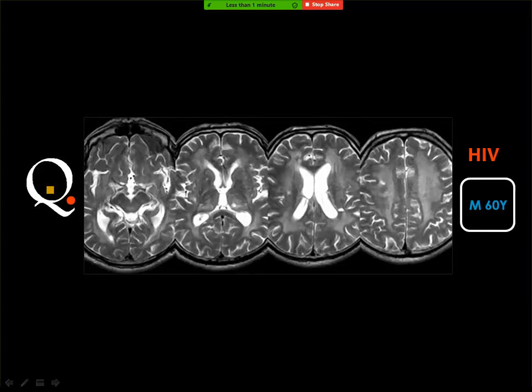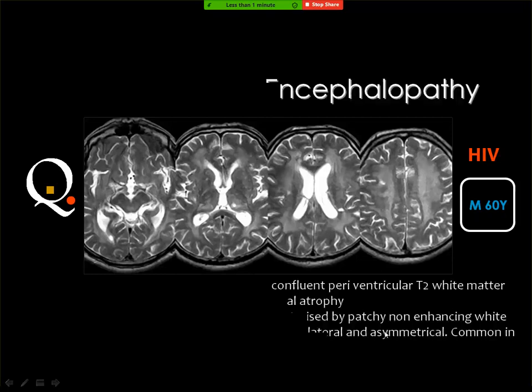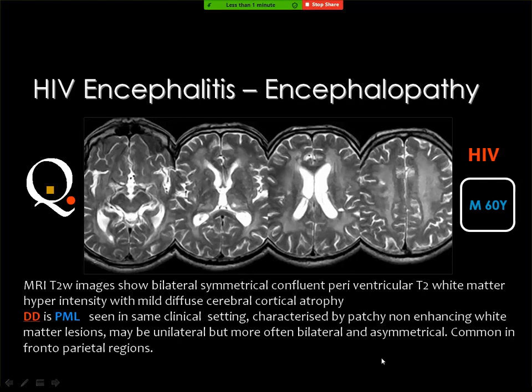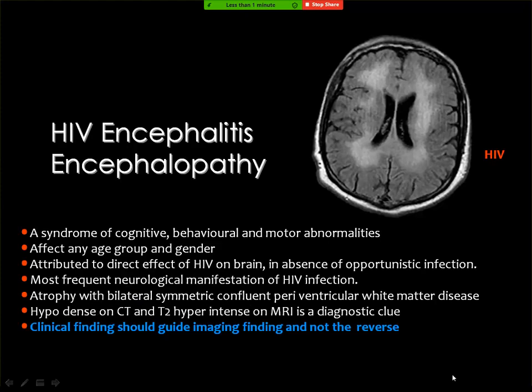In this patient with HIV, you see changes in the white matter. Lymphoma? No, this is atrophy. Dementia? No, PML. Changes in the white matter with atrophic changes, and this is herpes encephalitis. Remember that HIV by itself can cause encephalitis, and the differential diagnosis in these patients will be PML, as you have said before. Then